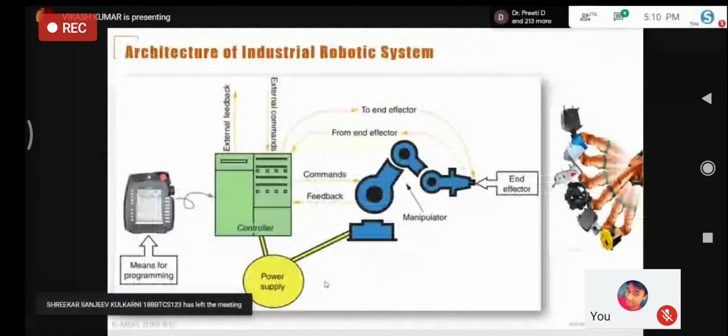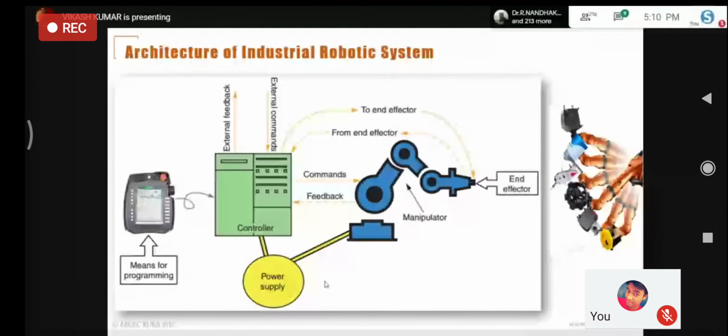Now, if I summarize all these five systems in one go, it can be represented under the robotic architecture. Here you can see the robotic architecture with the teach pendant, then the controller, then the manipulator, then the end effector.